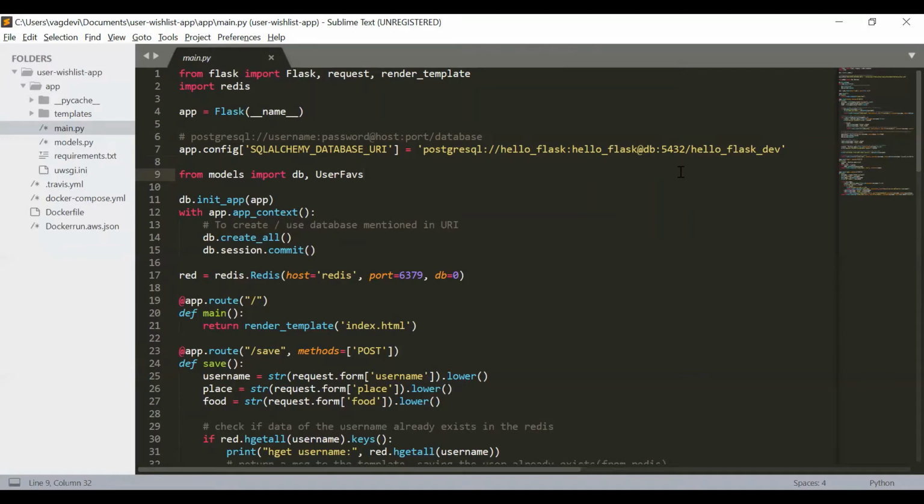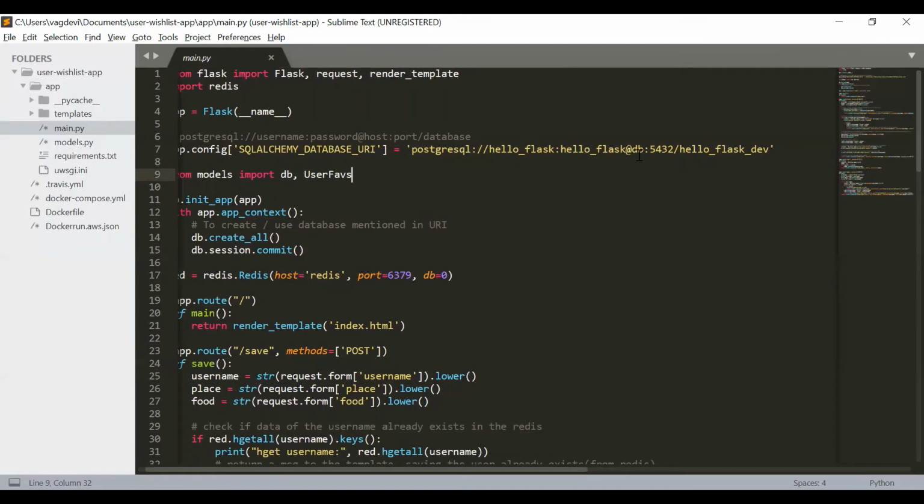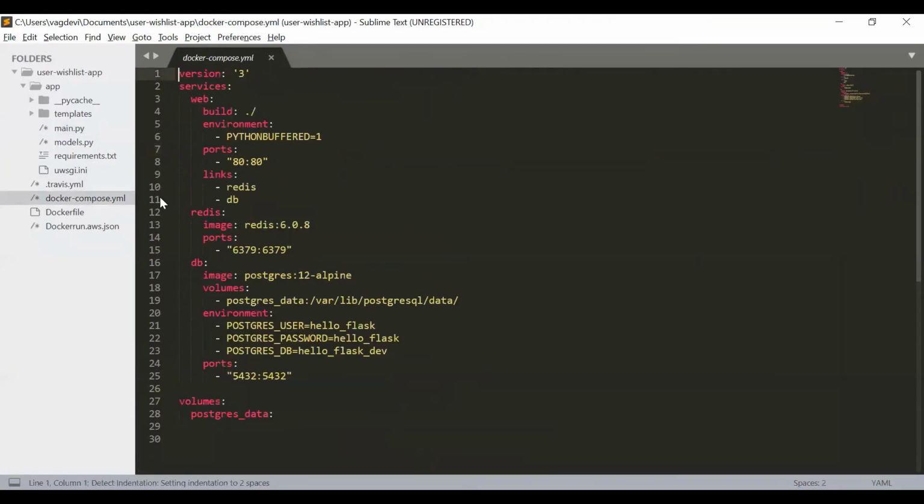So first, let us head to create the deployment YAML configuration files, service configuration files, and all. If you remember, here this is DB, which is the host, right? And this is the database name, port. So all these things, when we used the Docker Compose file, we configured that information in the environment variables in the Docker Compose file of this DB service, right?